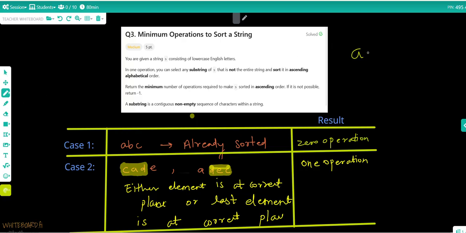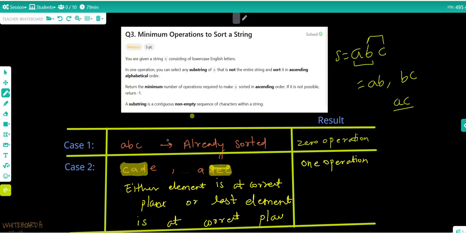The only scenario is like, if you are given a string s equal to abc, then you can only select ab or bc. You have to leave at least one character, either from the left or right. You cannot leave an element from the middle. Either you can choose ab or bc. You cannot choose ac because this is not a substring. So we have to return the minimum number of operations required to sort.